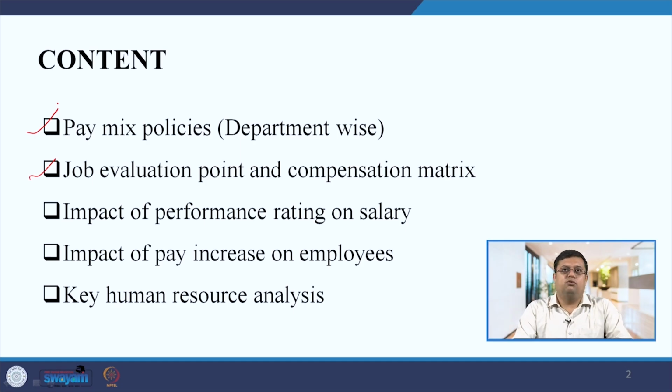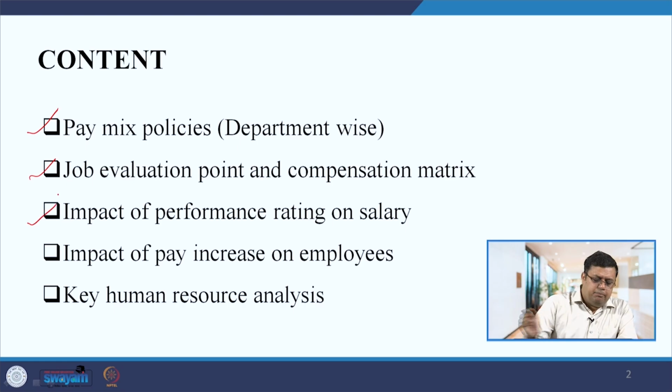I hope till now you have got the idea of how to decide the points. Each organization will decide the points for each particular skill. Based on that you will be able to calculate the worth of each job available in your organization, and then according to the worth you can divide all these jobs into categories. That is the importance of job evaluation. Related to this, whatever statistics and number counts we can use, we will discuss in this session.